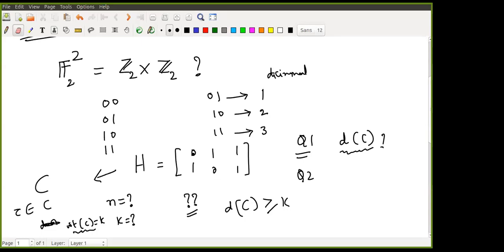But I want to go in a slightly different way. I want to look at the number of linearly independent columns. So if I take any column here,